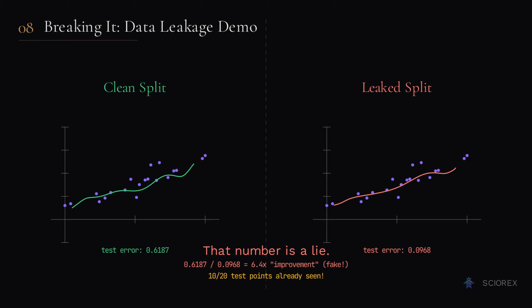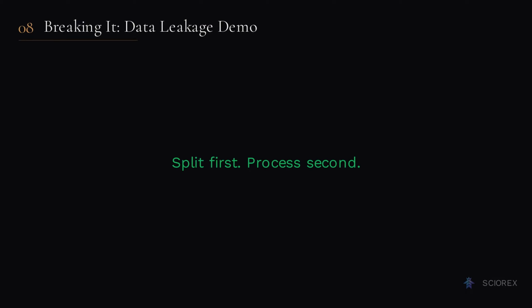This is how real papers get retracted. This is how real products fail after launch. Everything in development looked great. The leakage was invisible unless you carefully audited the data pipeline. The fix is simple, in principle. Split your data before any processing, any feature engineering, any normalization. Never let test data influence any step of training. In practice, this requires discipline, especially in complex pipelines where data flows through many pre-processing stages.